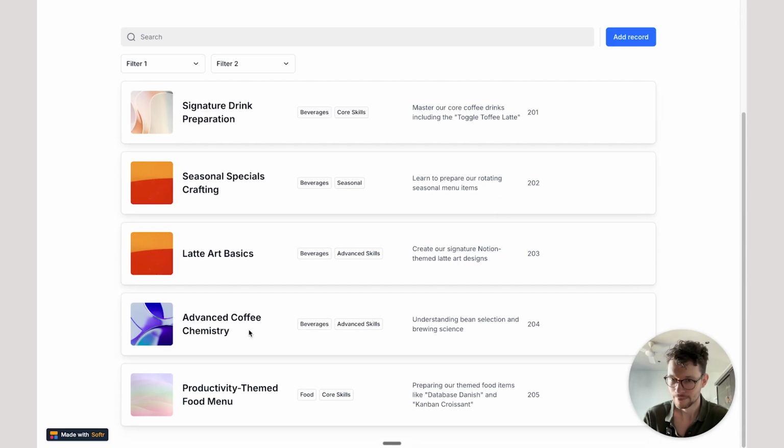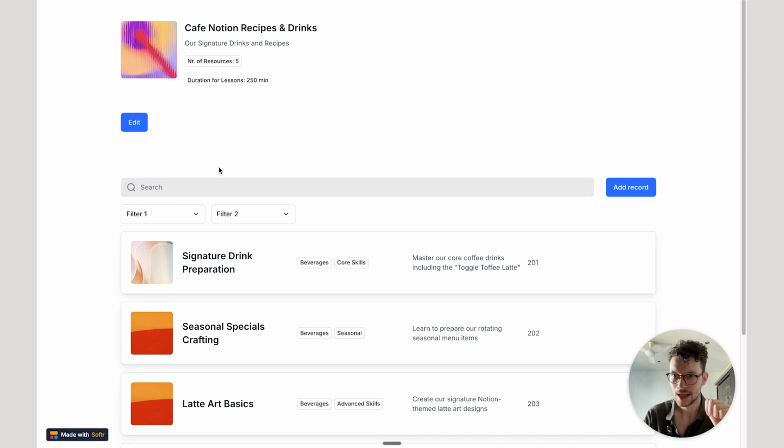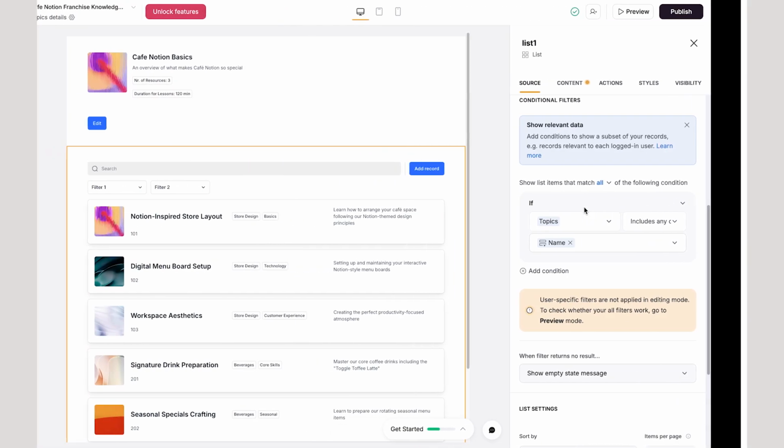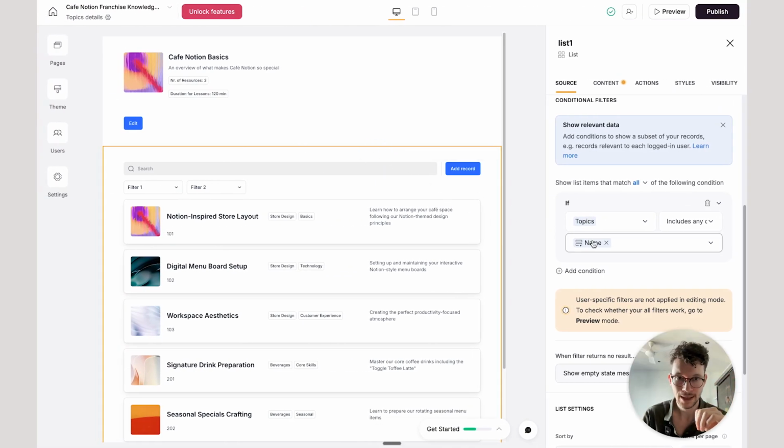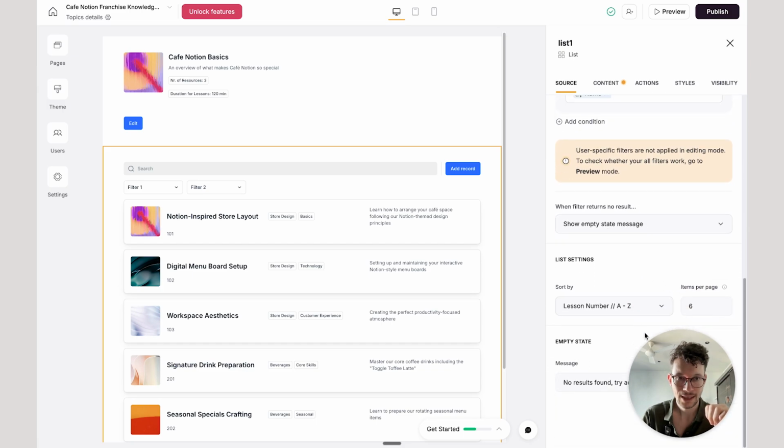Perfect. Now, this, of course, still needs some styling. We have these random buttons floating around, and we won't have any user actions here. So we need to remove these buttons. We need to remove search and filters and this add record option. So let's just do this right now. Here on our main entry, if we go on source and then